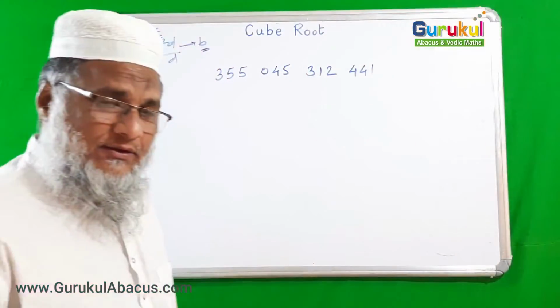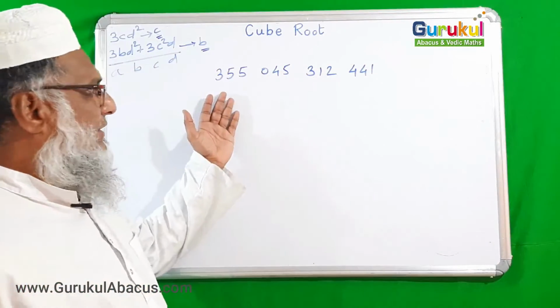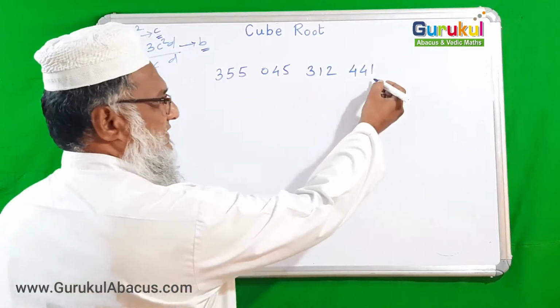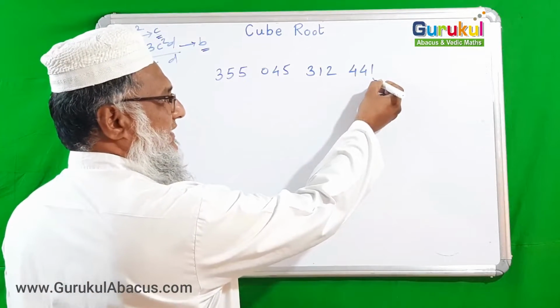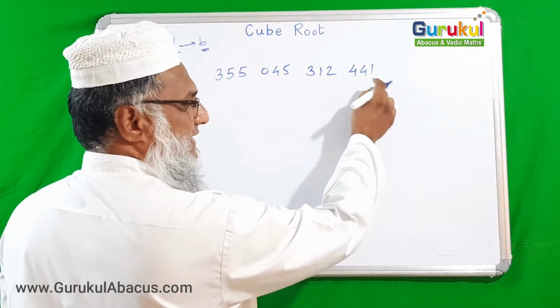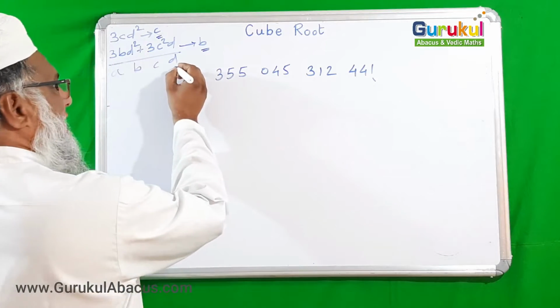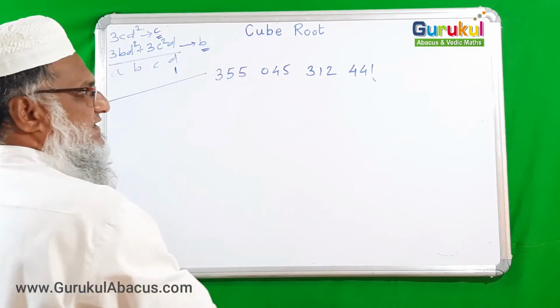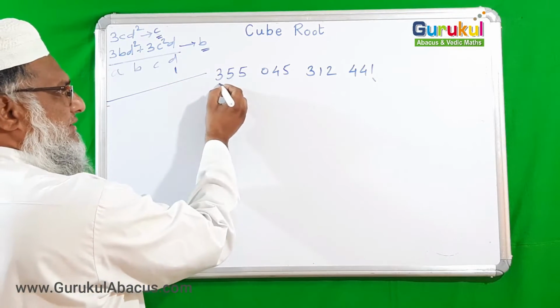Okay, now we have one more example here that has been written. So here we are searching firstly for the last digit. If it is 1, then definitely its last digit becomes 1 only. So here D's value is 1, that we can easily understand. Now we are thinking for A.